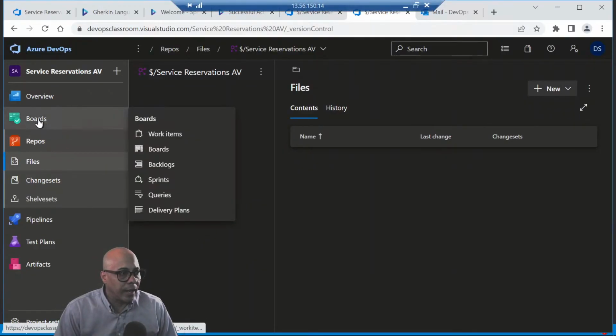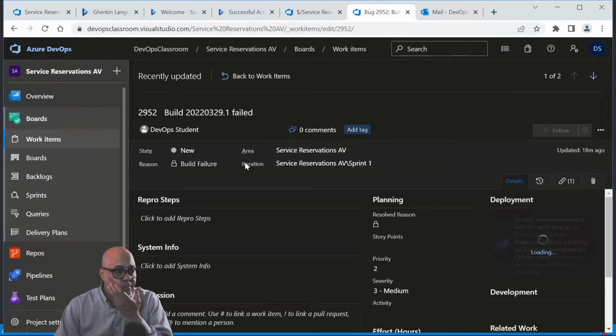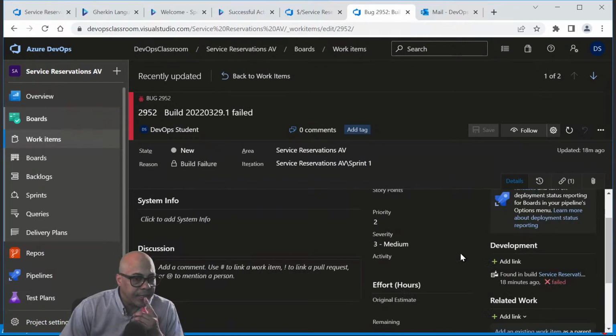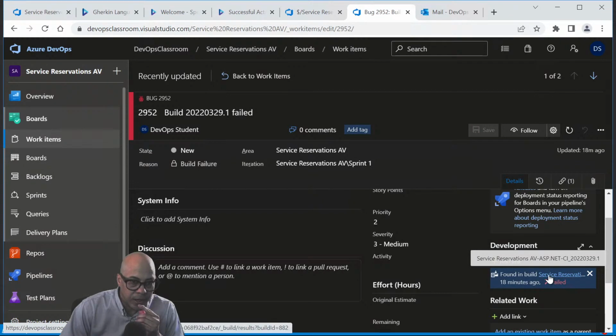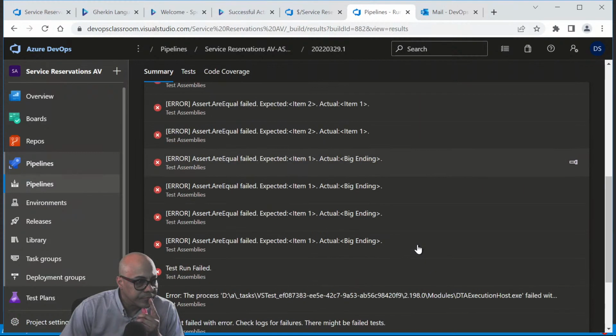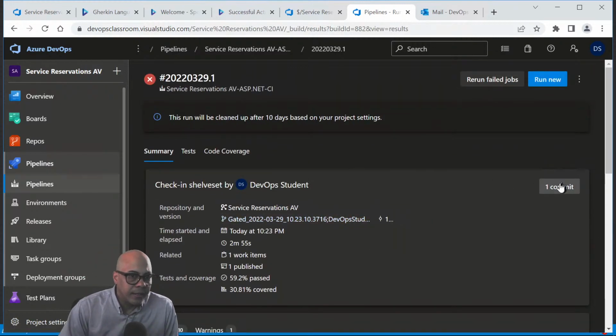If we go back over here and look at our boards, we can see now that there was a bug that was created when I did that failed build. If we click on that bug, we can see that that bug is associated with the build that happened 18 minutes ago. And if we click on the link here, we can see that that build is build number 1. Right? And we can actually trace that all the way back to the commit,